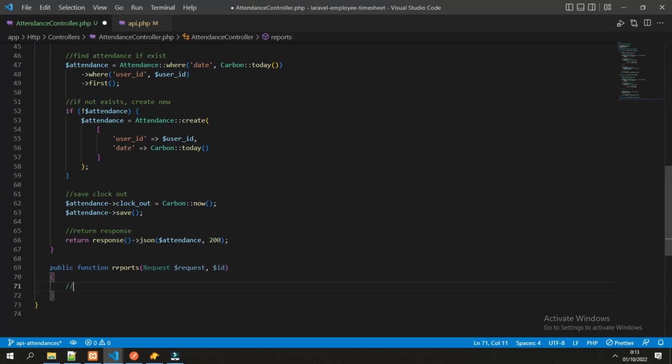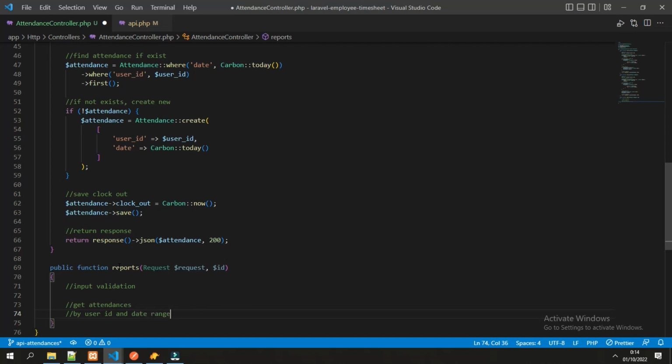So first we get the input validation, and the next is to get all the attendance, and it is filtered by the user ID and also by the date range.